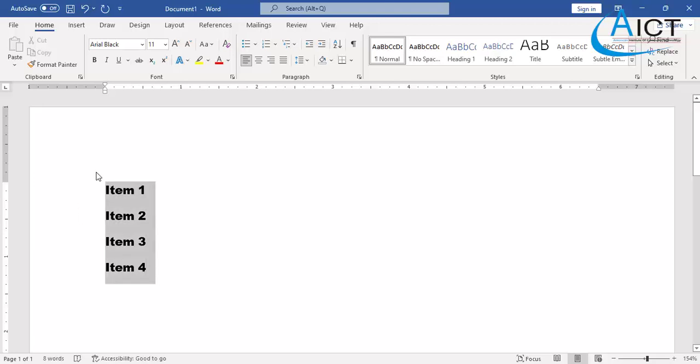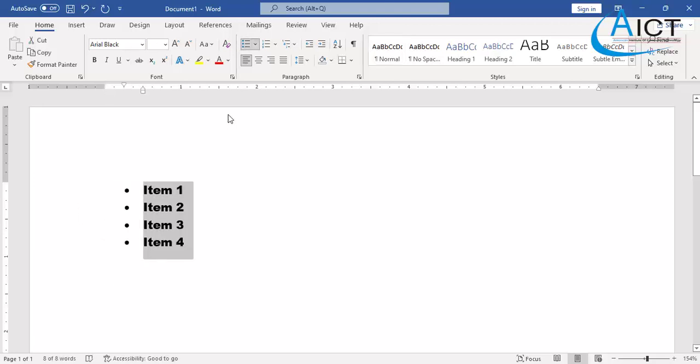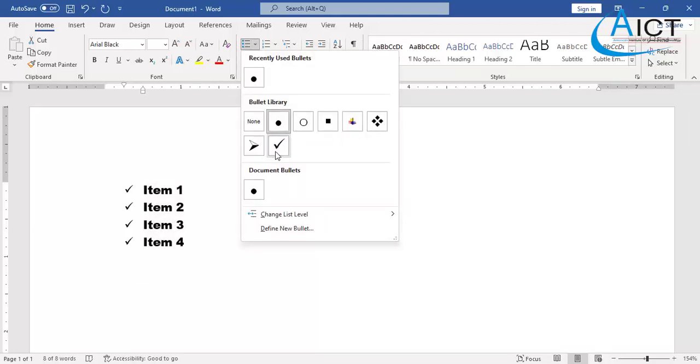So you can select that, and you can give bulleting. It will be bulleted. If you want a different bullet, you can click here and select from here. If you want more, you can click here,